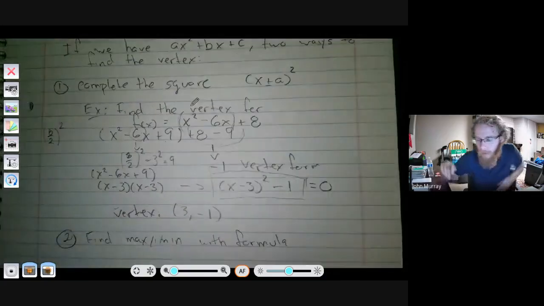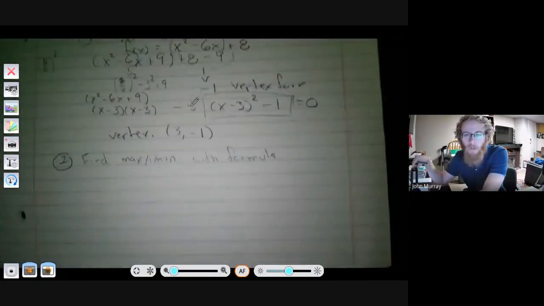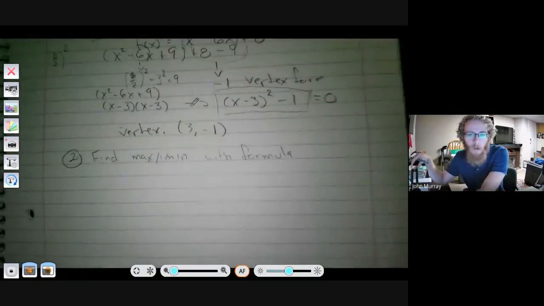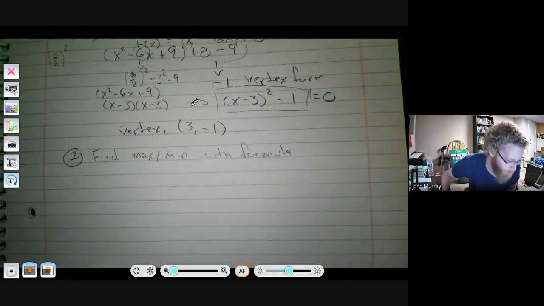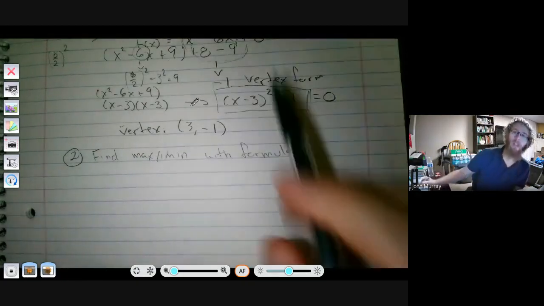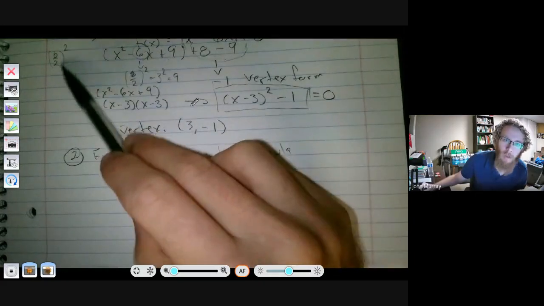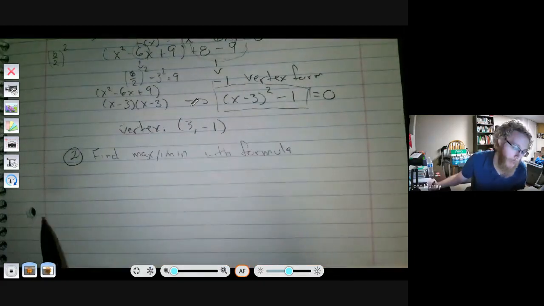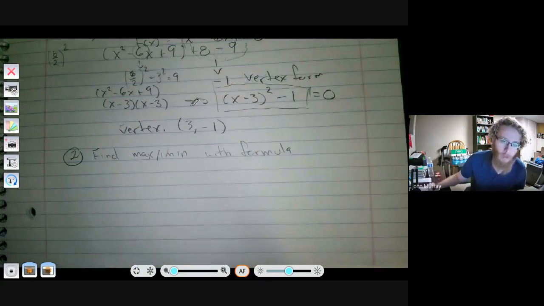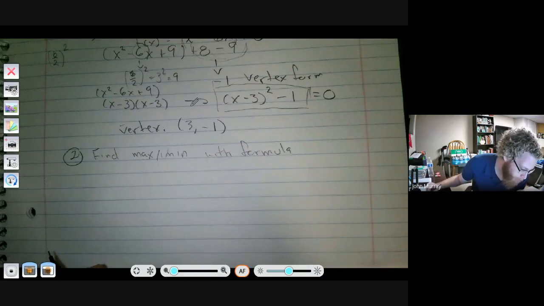I'm not sure if you went over this last year, if you talked about quadratics. It's been a while since I've done Algebra 2. But in the process of doing this, we use this b over 2 squared, right? So that kind of is going to help us find the max and min. To find the max or minimum,